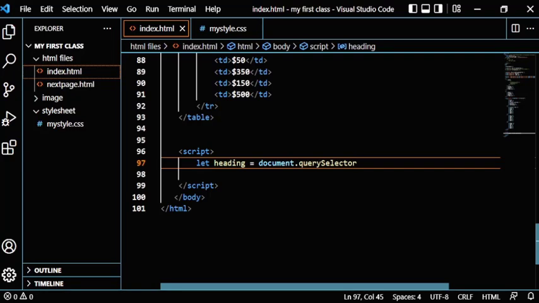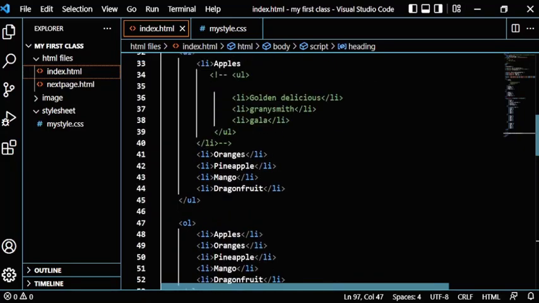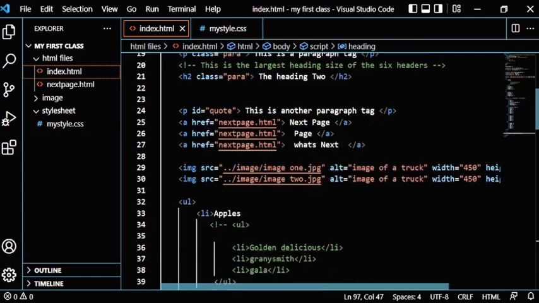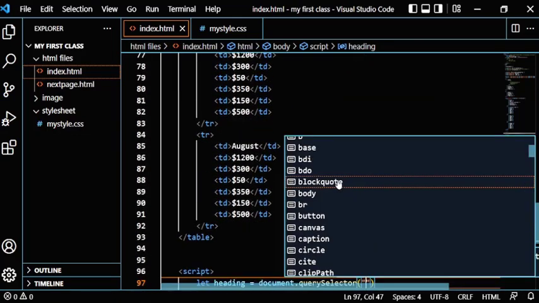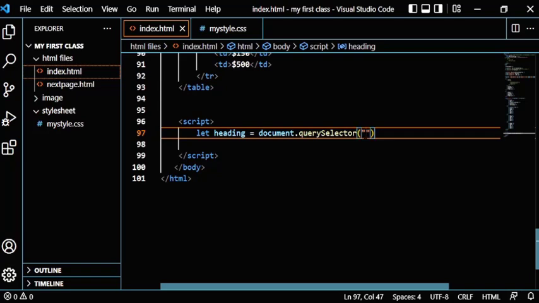Then what are we selecting? Let's move down to the top here of the file. Okay, let's select the H1 element. So here we have H1. Okay, then we have dot